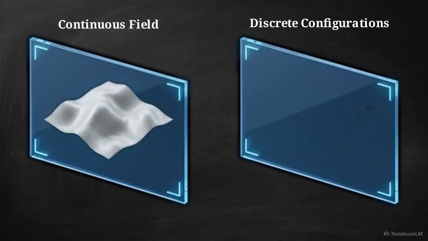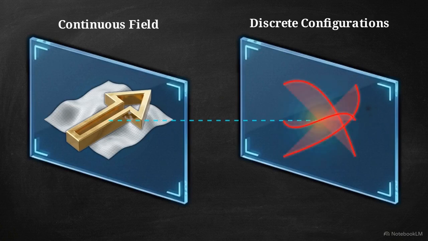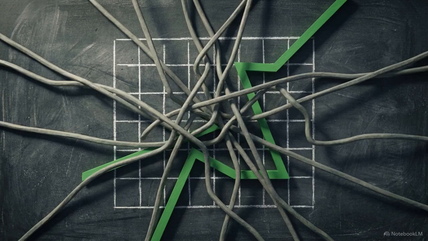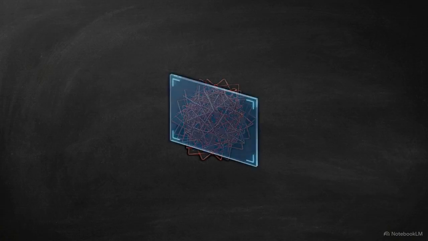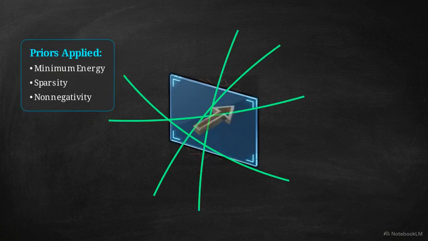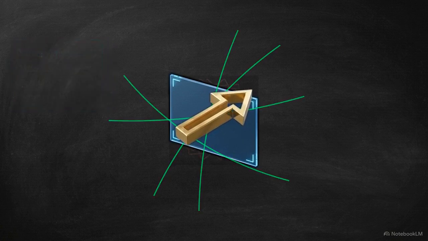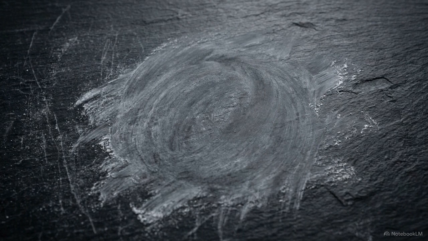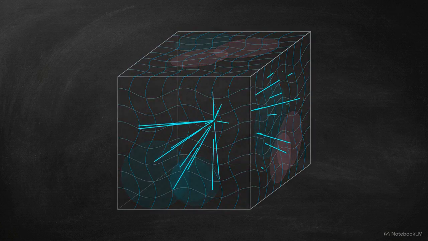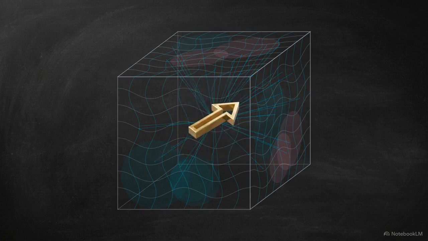However, deducing a specific discrete Burgers vector from a continuous bulk distortion measurement is mathematically underdetermined. Multiple discrete line configurations can produce the exact same continuous field. Computational algorithms require strict physical priors to solve this. By assuming parameters like minimum line energy, network sparsity, or non-negativity, the models filter out statistically stored dislocations that mask the net vector flux. Modern materials microscopy does not directly photograph a defect's charge. It captures the highly specific boundary data necessary to mathematically invert the continuous distortion field and algorithmically reconstruct the discrete